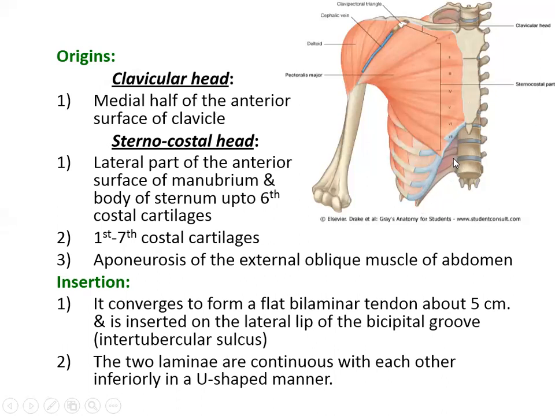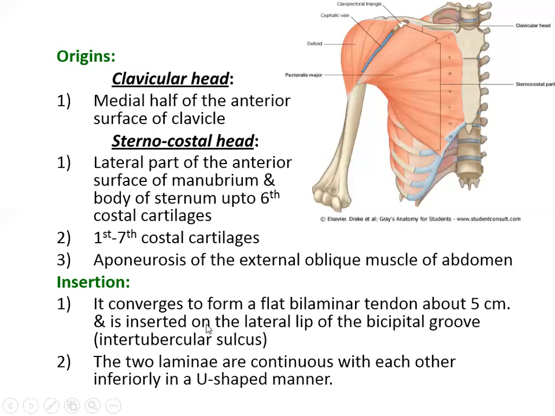So the external oblique muscle becomes thinned out here, that is called aponeurosis, from where the pectoralis major muscle also takes origin. Not only is it taking origin from the clavicle, the sternum, the manubrium sternae, as well as the body of the sternum, the costal cartilages, but even the external oblique muscle. So this is the whole origin. It has a very big origin. Now we'll see the insertion of this muscle.